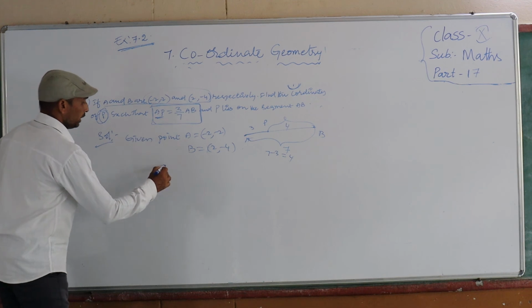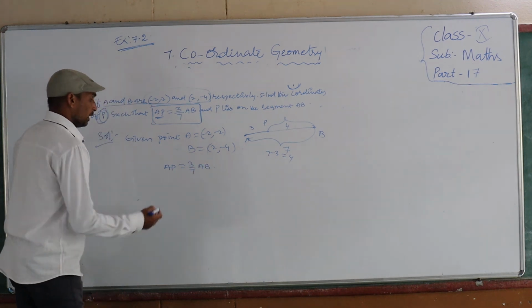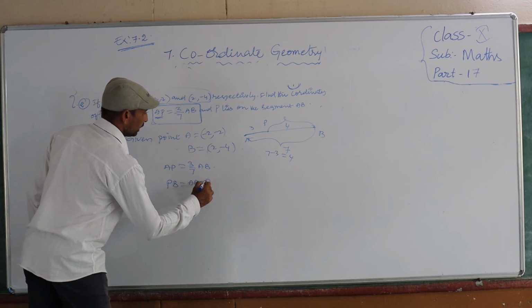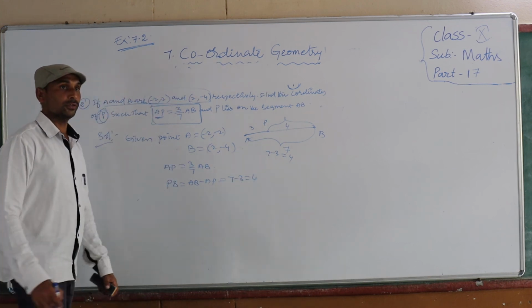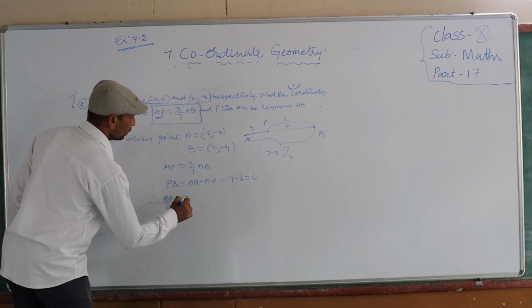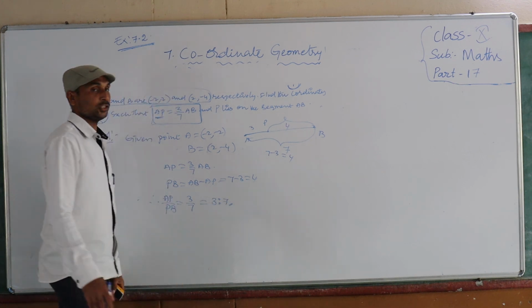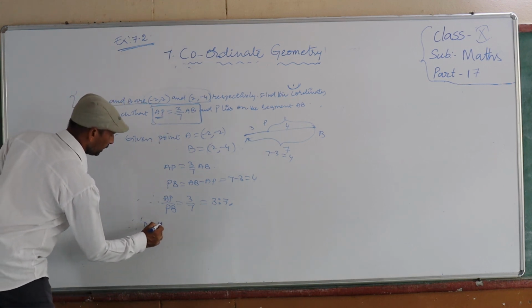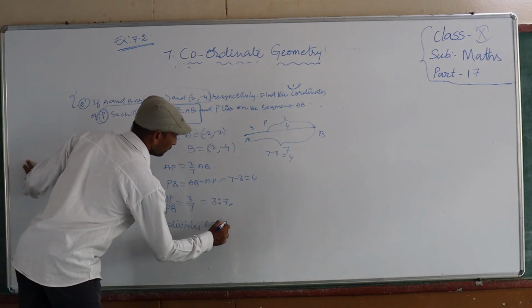So AP is equal to 3 by 7 AB. Now PB is equal to AB minus AP, that is equal to 7 minus 3, which is 4. Therefore, AP by PB is equal to 3 by 4. This ratio we should take. So now, the condition: the point P divides AB in the ratio